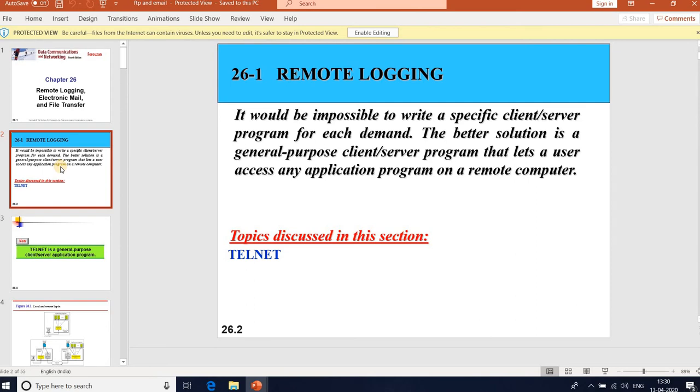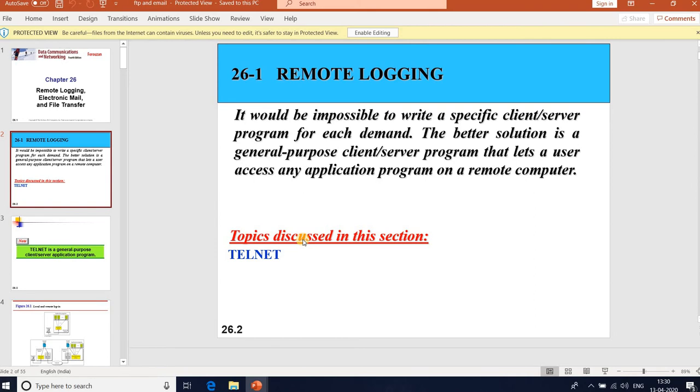One way to satisfy that demand is to create a client-server application program for each desired service. Programs such as FTP, email, and SMTP are currently available.